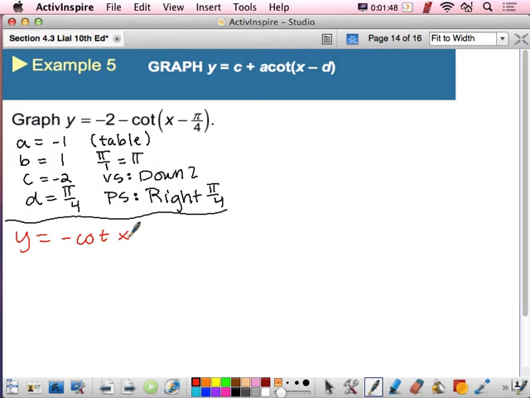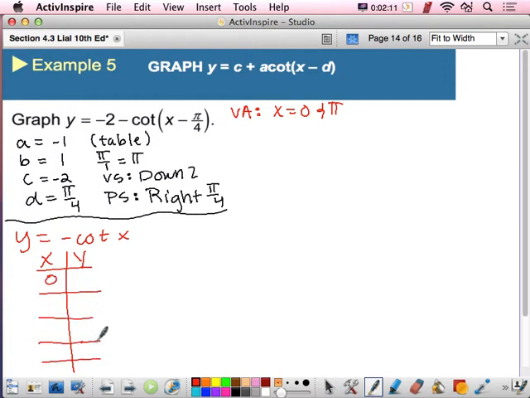What are the asymptotes for this graph? The vertical asymptotes for a cotangent are always 0 and pi over b. So x equals 0 and its period was pi, so pi over b is pi. All right, so that's where we're going to start our table. 0, skip 3, and then we'll go to pi. Go in by fourths: 1/4, 2/4, 3/4. This will be undefined, undefined,